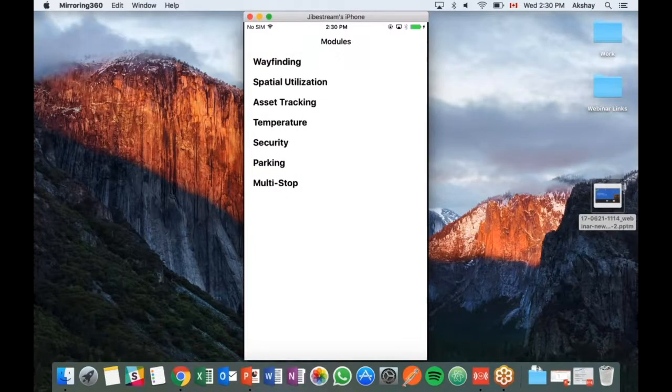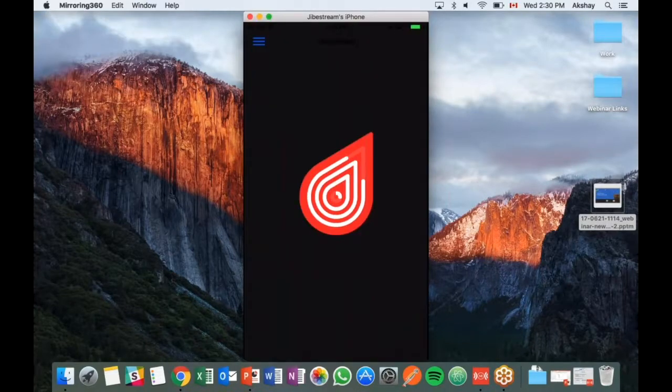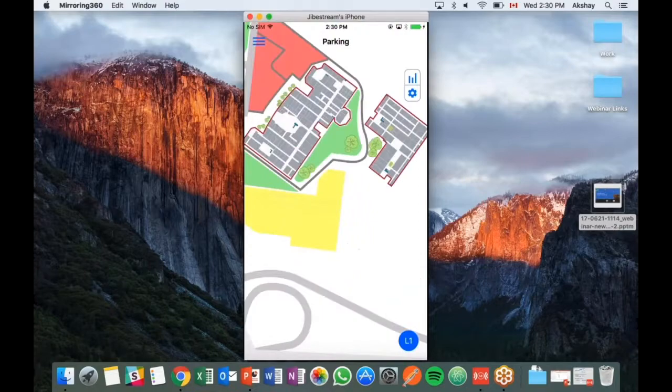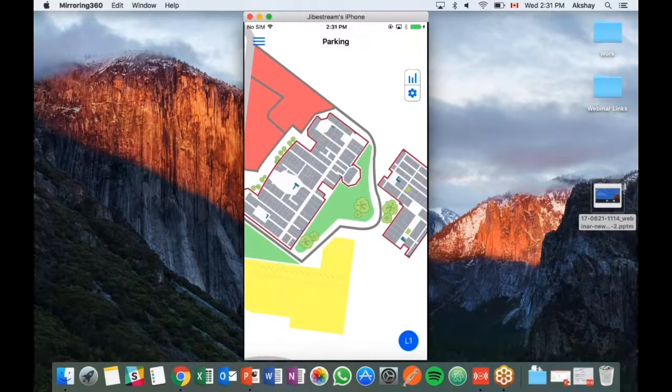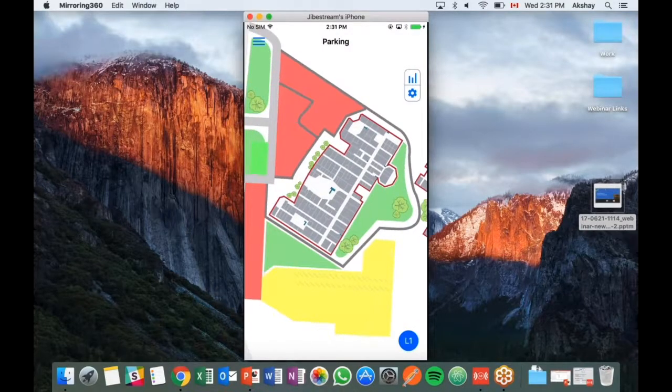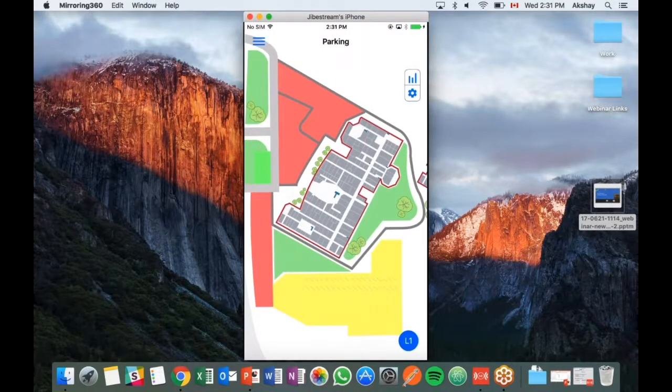The next one that I was going to show is parking. So this is another use case. And the reason I like to show this use case is it really talks through how you can connect to different systems. And it's not just indoor positioning systems. It could be different systems that really, even us at Jibestream have not thought of yet, but knowing your business, you would think of. So this is a parking integration, and what you can do is you can take parking data